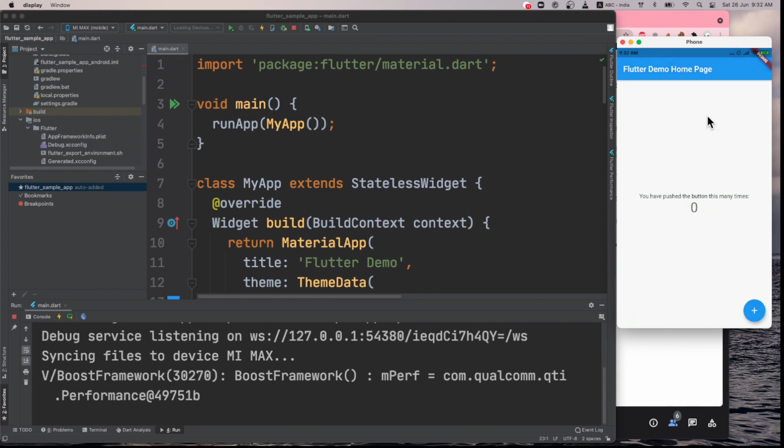In Android it is a different thing, in iOS it is a different thing, but from the Flutter perspective, this is what it is. So on top you see this dark blue, it is called the status bar, where you see the status like time, my phone signal, Wi-Fi signal, battery. This is called the status bar. Then you see the other bar where Flutter Demo Home Page is written. This is called the app bar.